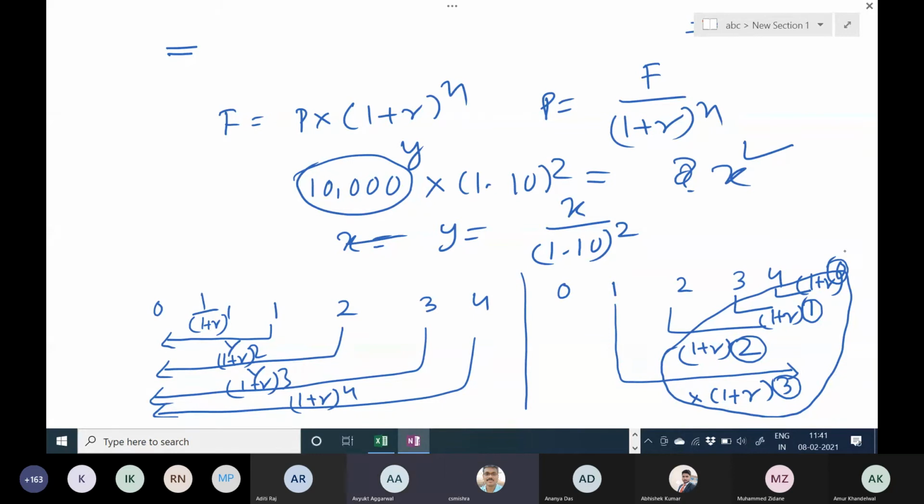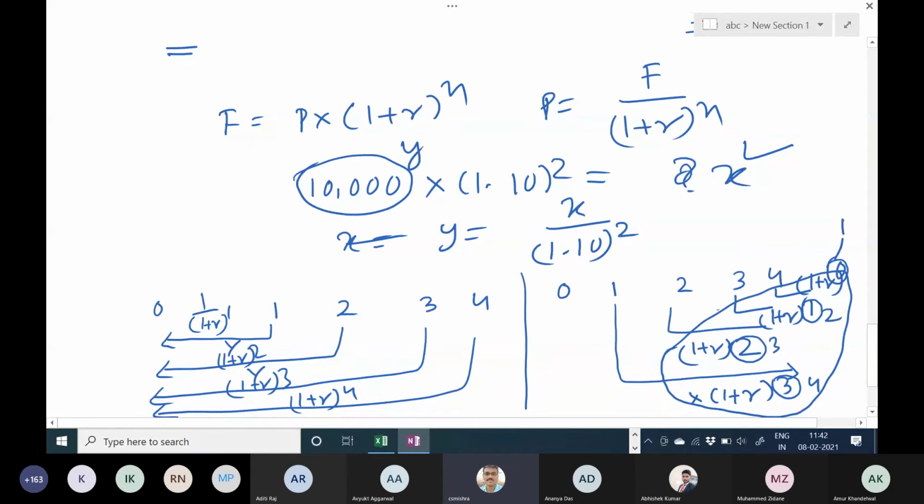Anyone? So they will increase by 1. Because you are assuming the cash flows at the end of year 1, end of year 2, end of year 3 and year 4, the first year cash flow will be compounded 3 times, the second year 2 times. But if it is at the beginning of the year, you will be getting one more interest. So every 1 plus r, you will multiply by another 1 plus r. So 3 will become 4, 2 will become 3, 1 will become 2 and the last one will become 1.